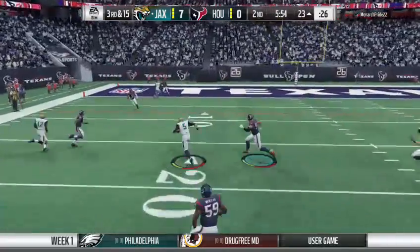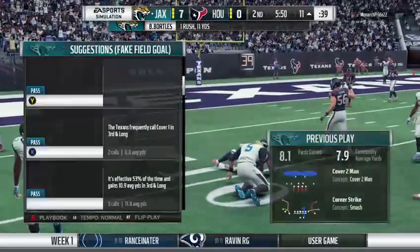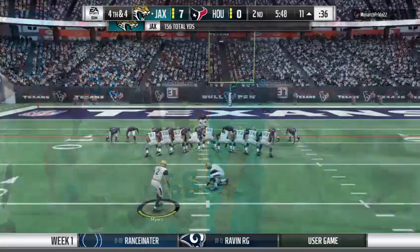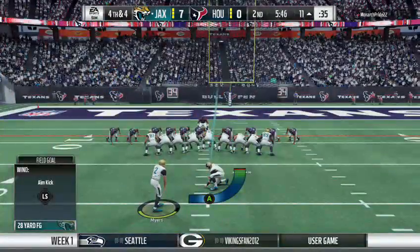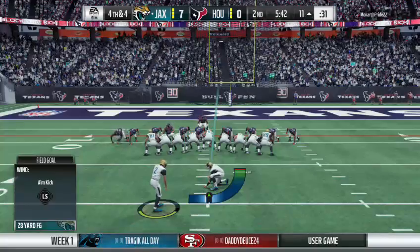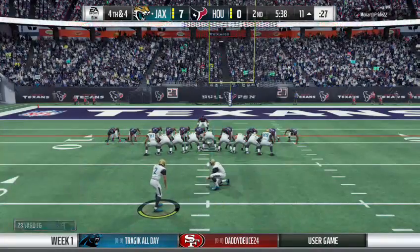Being chased out left. He's going to run, but he's got a long way to go. A solid run of 11 there as he tucked it and ran, but he's still short of the marker at its 4th. Well, partner, nothing comes open here, so he decides to escape out of there, and he doesn't pick up a first down, but he does gain additional yardage to set up a possible field goal attempt if they decide to go that